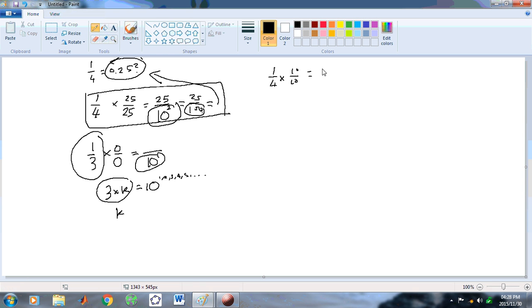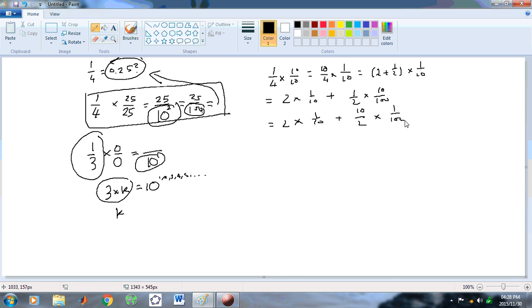And then that would give us 10/4 times 1 over 10, which is the same as 2 plus a half times 1 over 10, which gives us 2 times 1 over 10 plus a half times 10 over 100, which gives us 2 times 1 over 10 plus 10 over 2 times 1 over 100, and we finally end up with an equivalent fraction